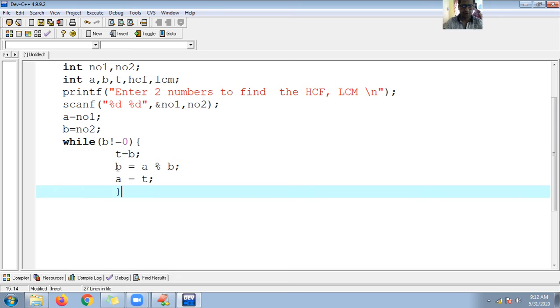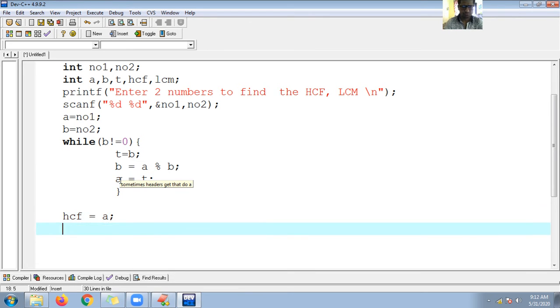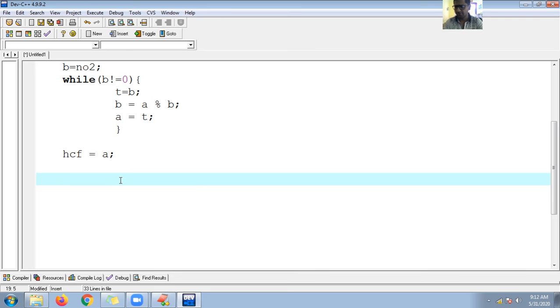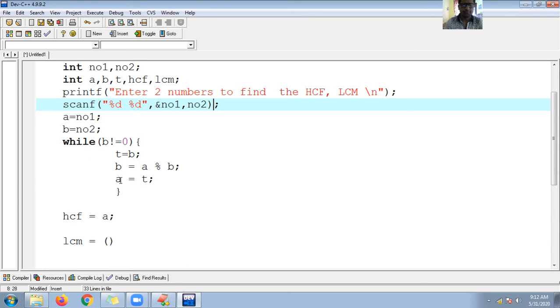Okay, fine. Next let me go for calculating HCF. Let me initialize it to a here, and after this let me go for calculating LCM. So whatever the value has been received, you can see here number 1 and number 2.